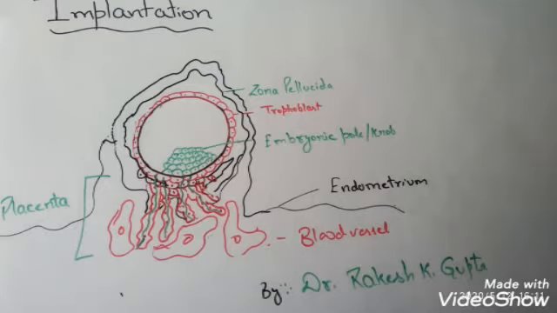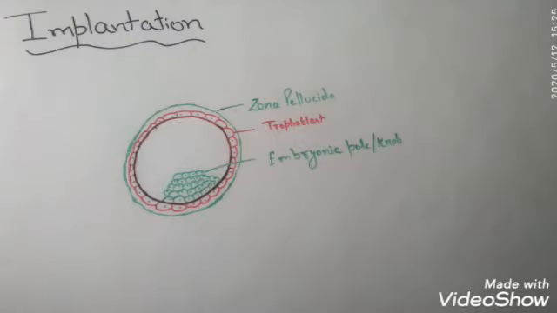As I told you earlier, after fertilization the zygote undergoes cleavage, which results in the formation of morula, then blastocyst. While these changes take place, it also keeps on moving from the fallopian tube towards the uterus. Now I am going to repeat the structure of blastocyst. It is a ball-like structure having zona pellucida at the outermost, followed by the trophoblast layer, and the embryonic pole or embryonic knob lies toward the animal pole.